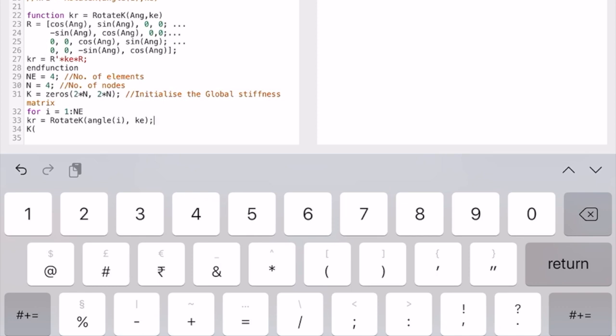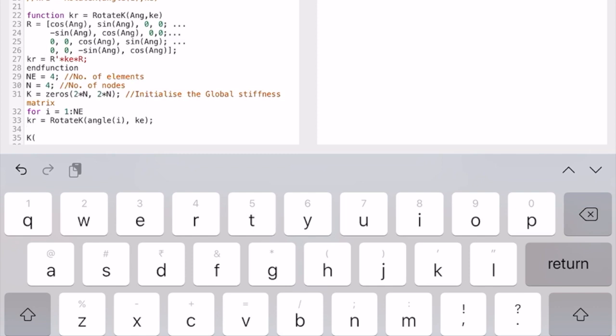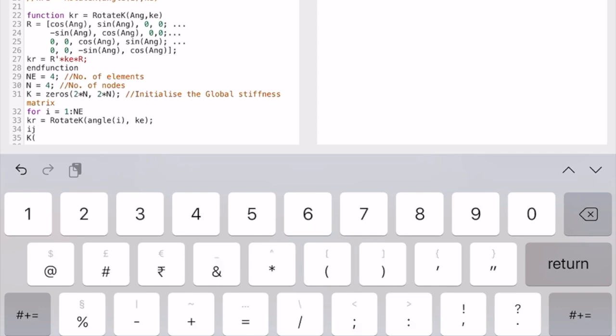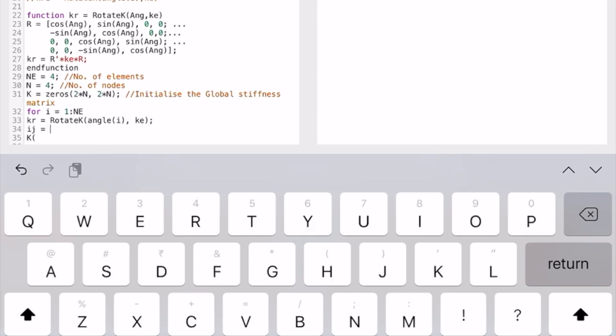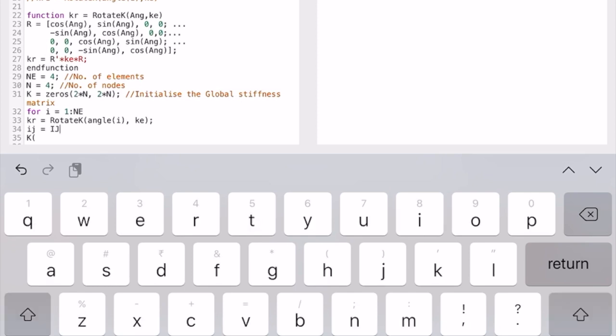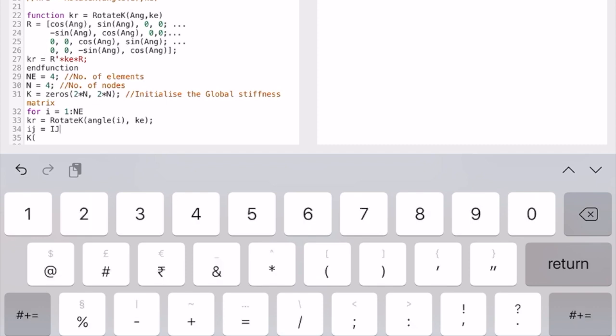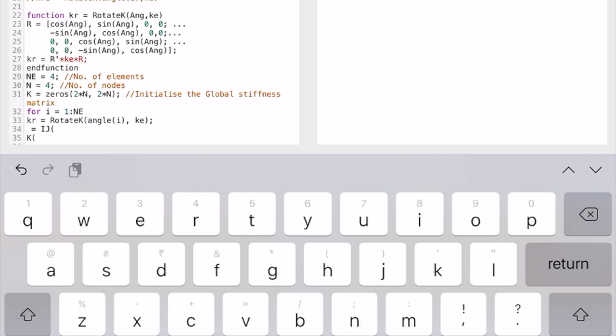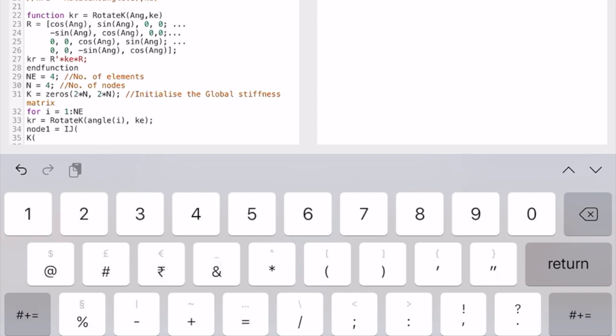So we have a small ij equal to big ij, okay, and then we find out which one. Or we can have it like this, node 1. We can also write this, node 1 of the ith element will be ij, and the way we made it,